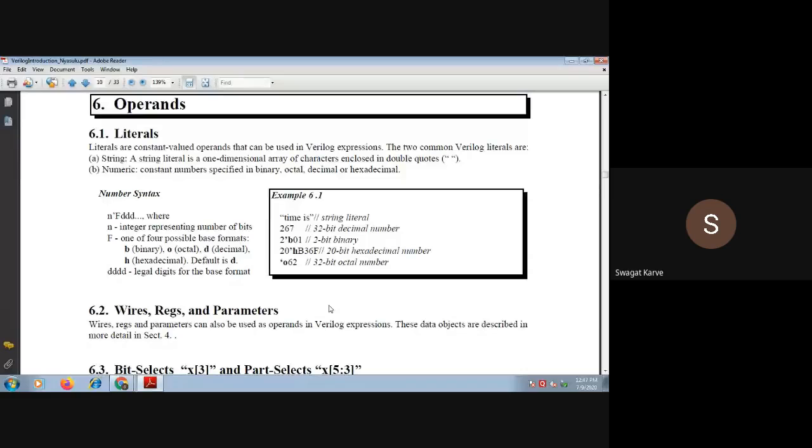Can anyone tell me, what do you mean by operands? A variable on which an operation is performed. Very right, very right. The user defined variables on which that operation has to be performed,